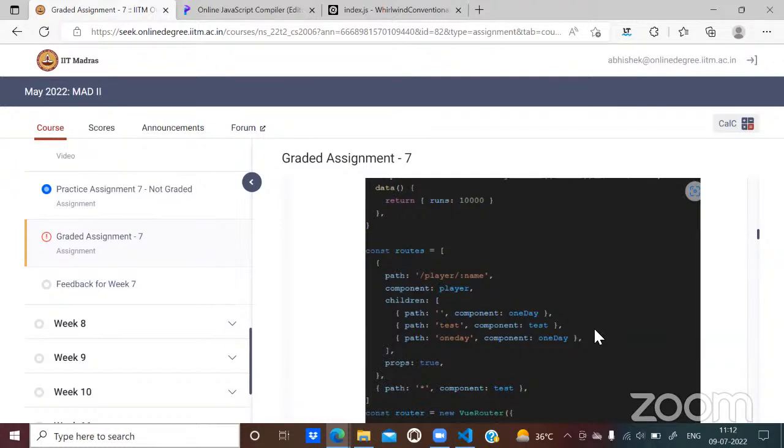This is the ideal hierarchy that you should be following. That means an action should not directly be changing the state variables. The difference between mutations and actions is that you cannot write asynchronous code in your mutations. That means you cannot use fetch calls in your mutations.